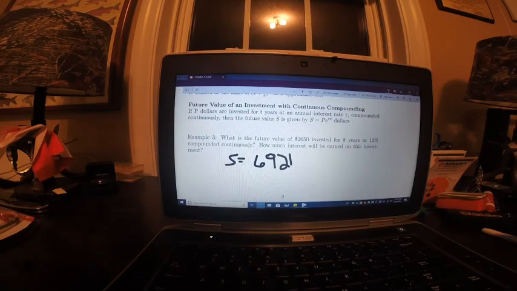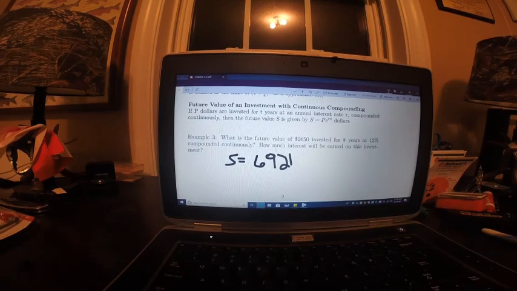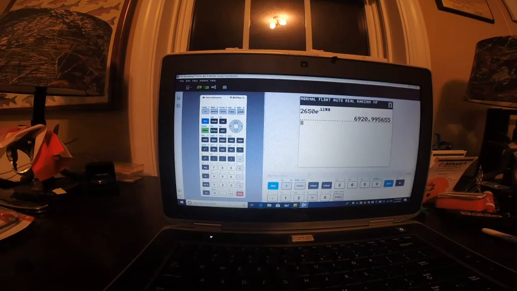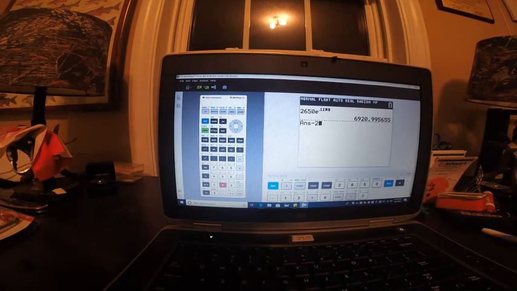You got to be careful with these questions. It says how much interest will be earned on this investment. So it's not looking for S. It wants to know how much interest you're going to earn. So what you really need to do is subtract 2,650 from this 6,921, because that 2,650 isn't interest. It's your initial value. So if you come over to the calculator, minus 2,650,